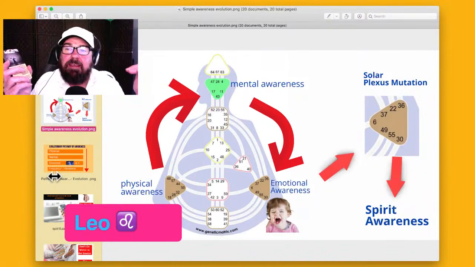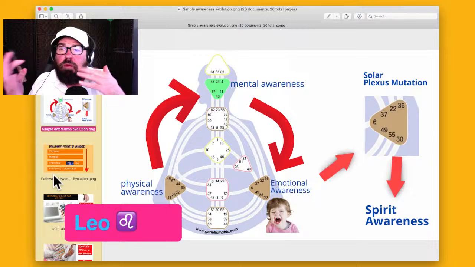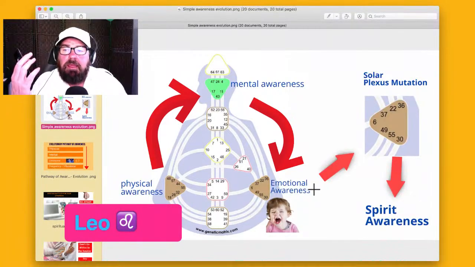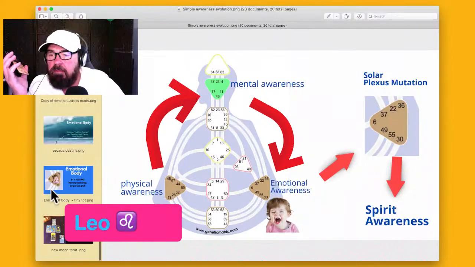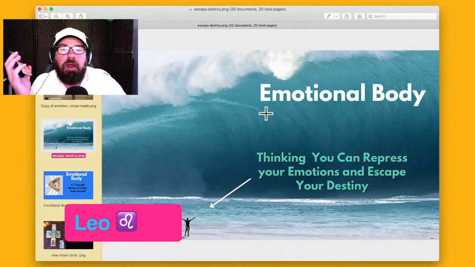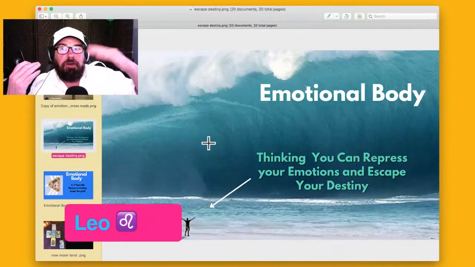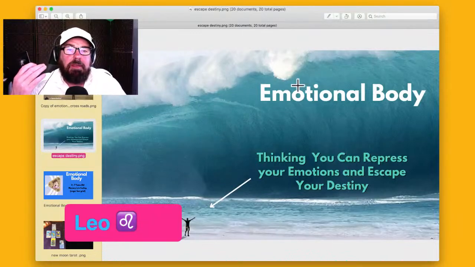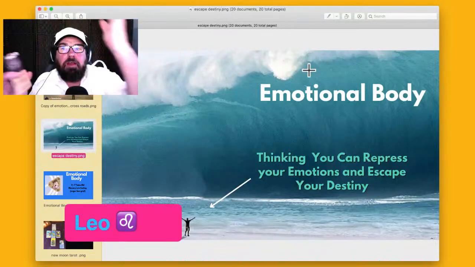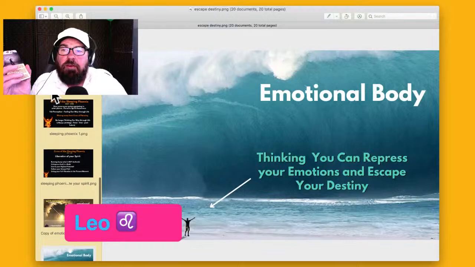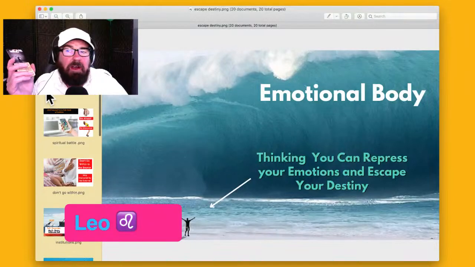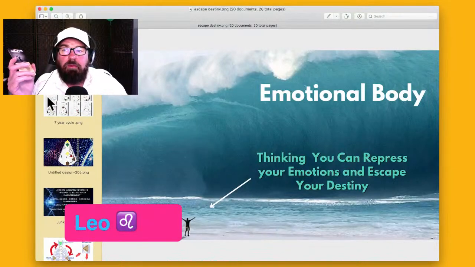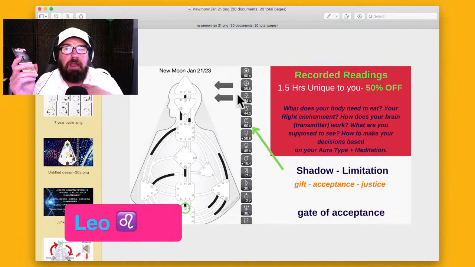It's like a frozen lake, right? There's no movement. The emotional body is movement. It's the wave, right? That's when you're not doing your emotional work, and the pressure is building and building. You have to think of water. It's the emotional body, right? So your emotional body is frozen when you feel numbness, where you're not feeling anything. Leo rules the heart. Numbness is not a good place for you to be.